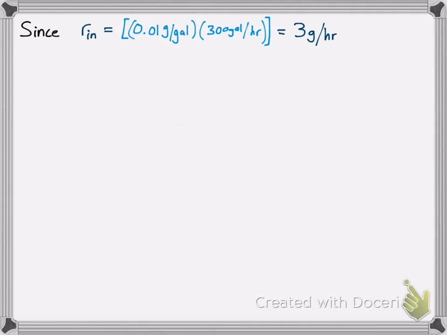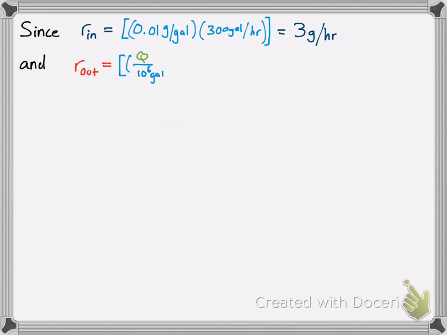So you always want to start out in mathematics with a word when you're writing up a solution to a system you're solving, because it's kind of just like the notation in being clear. Rather than say, oh, what is R in again? You just go back and you say, since R in, so you say, oh, that means it's been mentioned before. Anyway, since R in is 3 grams per hour and R out is calculated as some quantity,